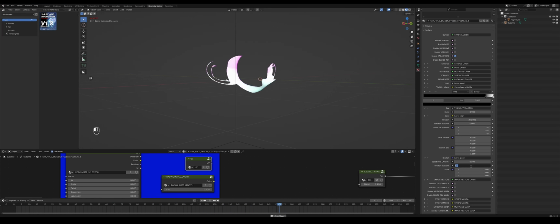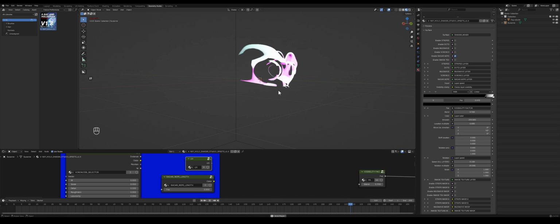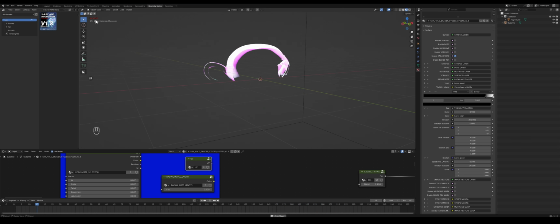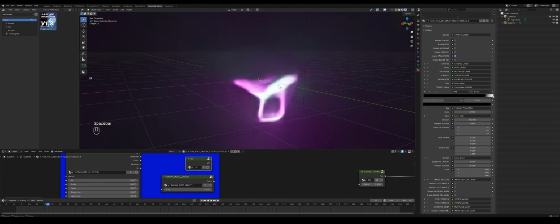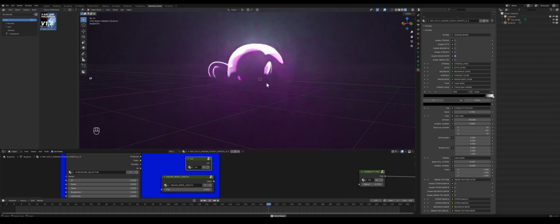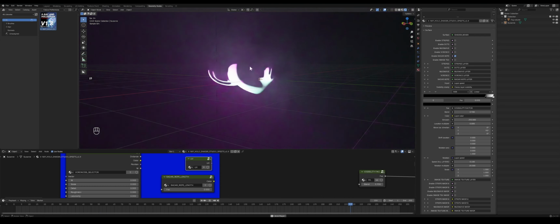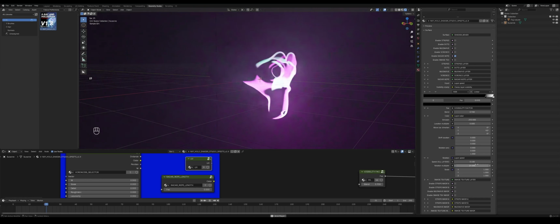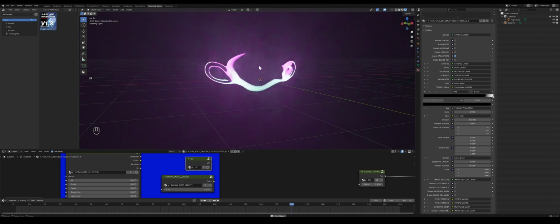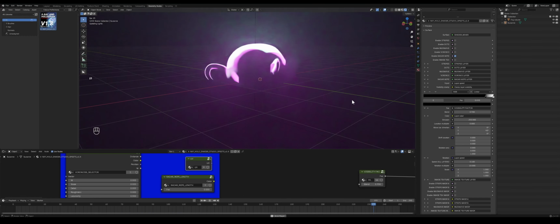We can even make it as fast as a helicopter. You can get some crazy hologram looks here as well. My frame rate is at 10 right now because I'm in EEVEE. Cycles seems a bit slower, but I think there's a difference between the frame rate of the rotation and of my viewport. But anyway, it all depends on what speed you render it out,